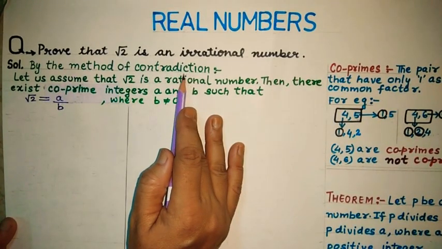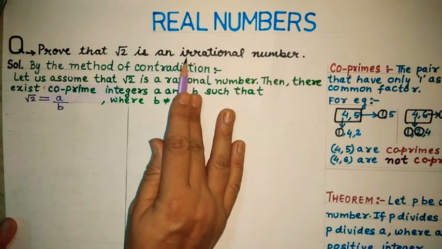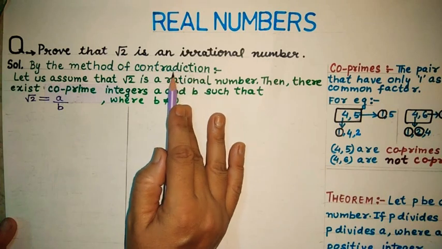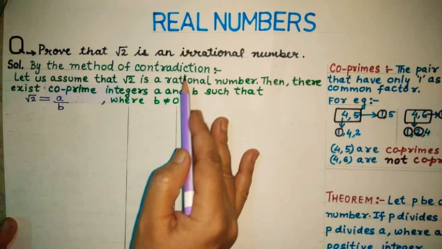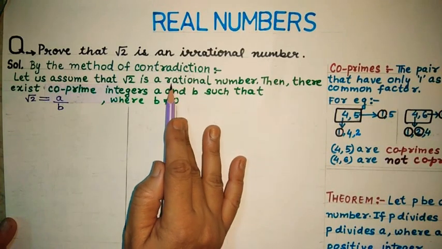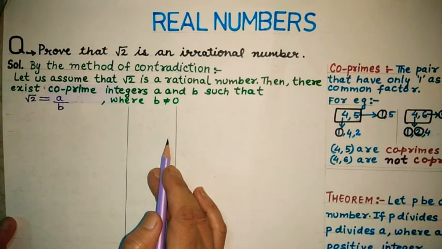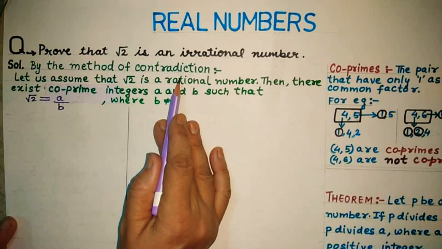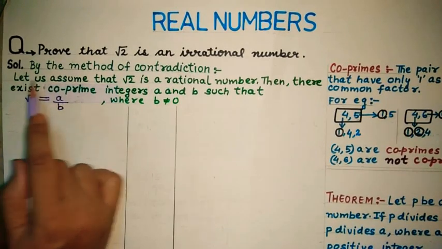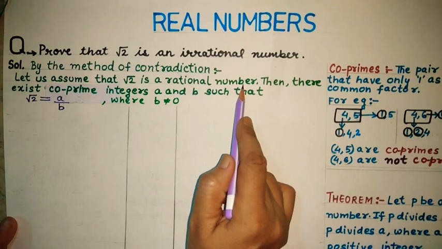What is this method of contradiction? In this particular method, we first of all deny the given statement. We consider the given statement as false and proceed with the opposite of the statement. Then we reach some contradiction and we say that our assumption was wrong and the given statement is correct. So, let us assume for this question that root 2 is a rational number instead of being